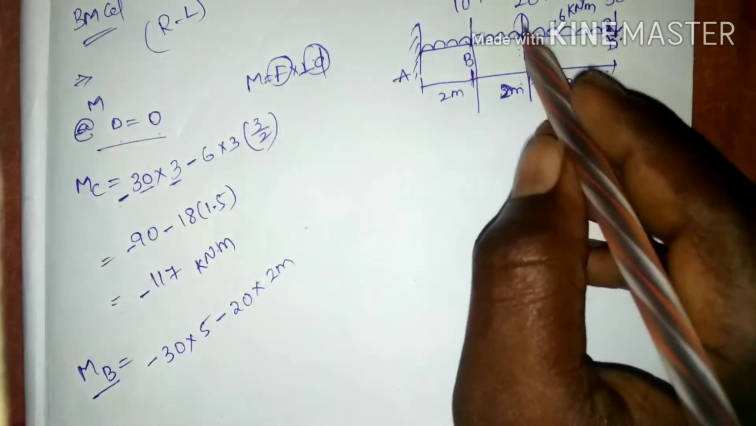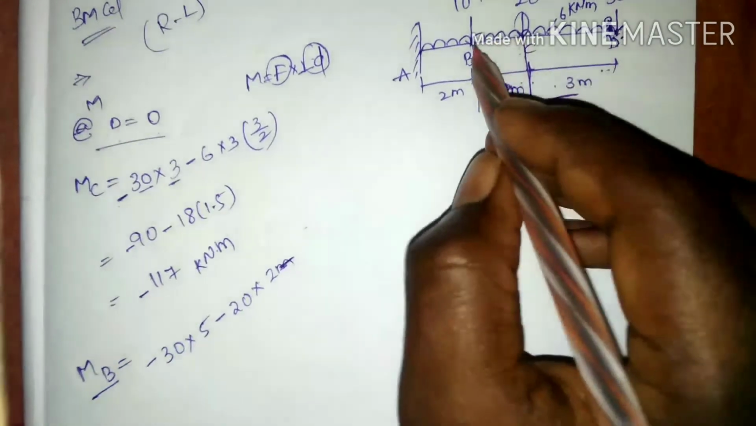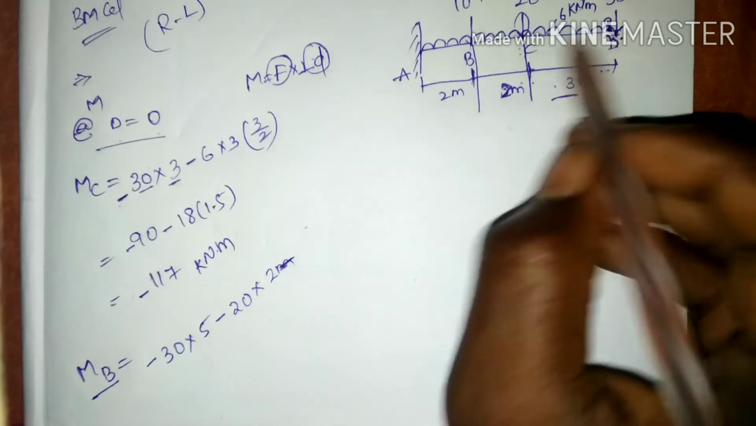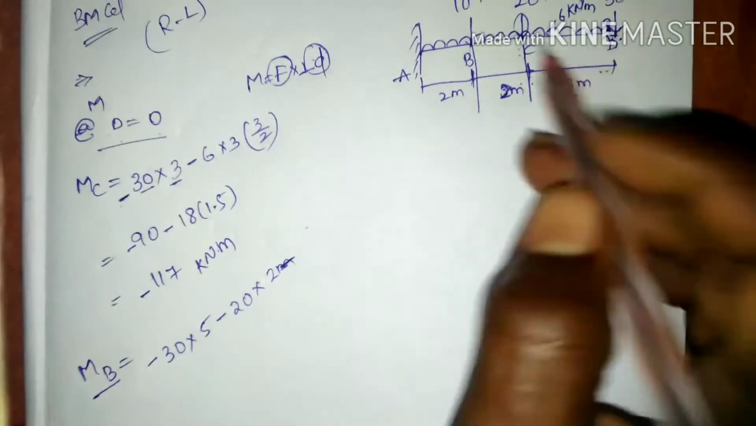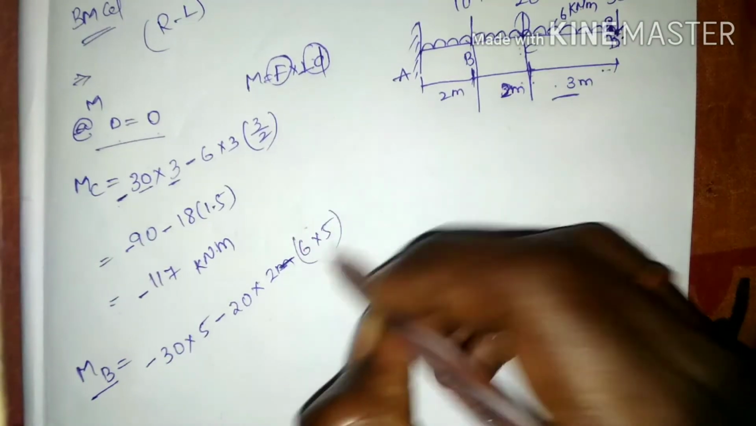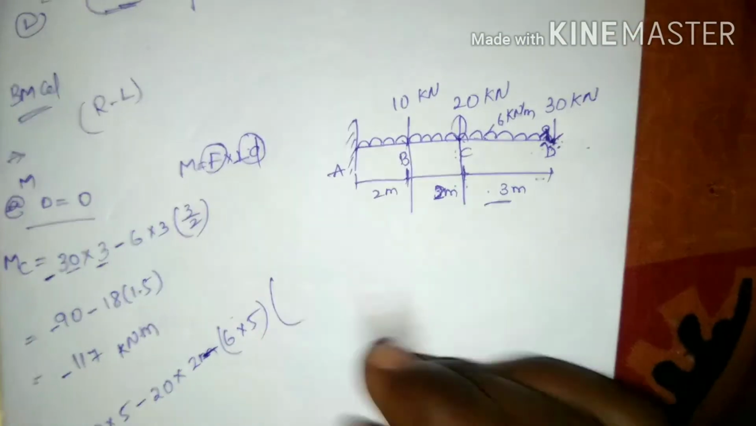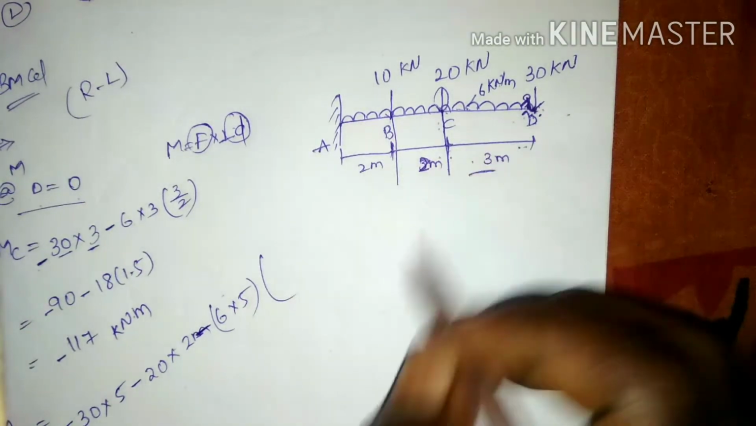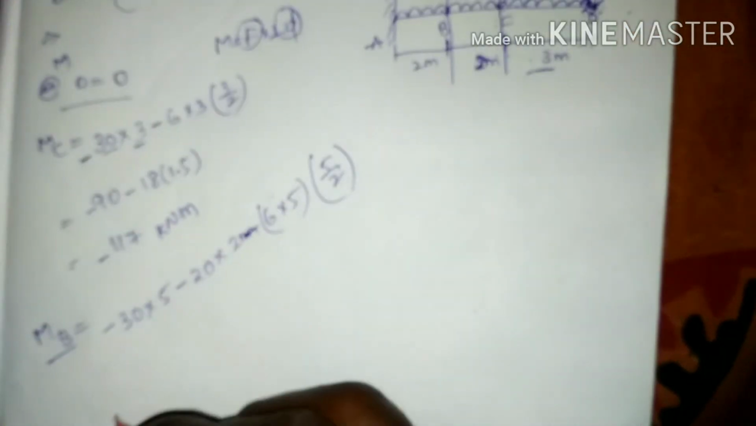From B to that load is 2 meters, and the UDL is entirely for B and D, so that 6 into the distance 5, which is going to convert as a UDL to the point load. Taking the moment from the midspan of the distance 5 meters, so that 5 by 2, that is equal to